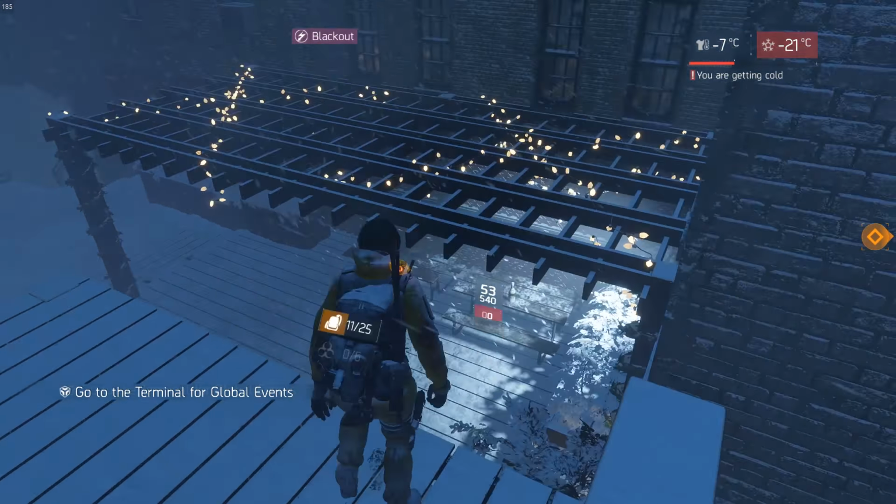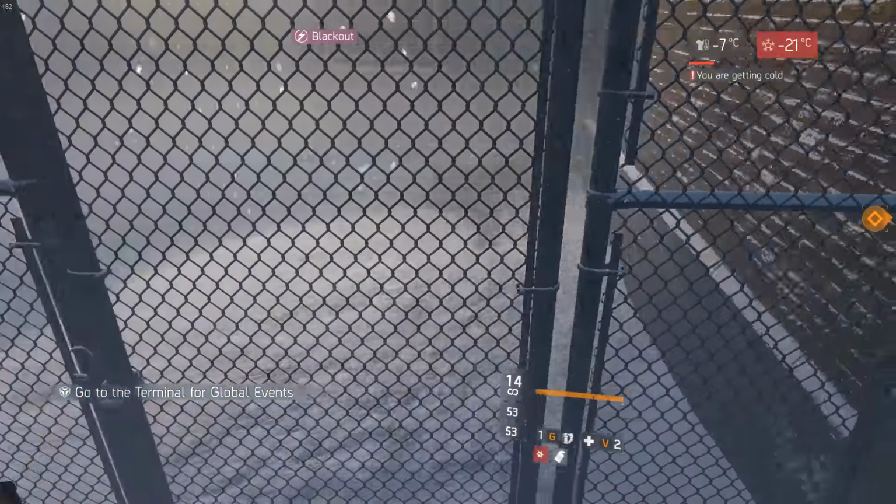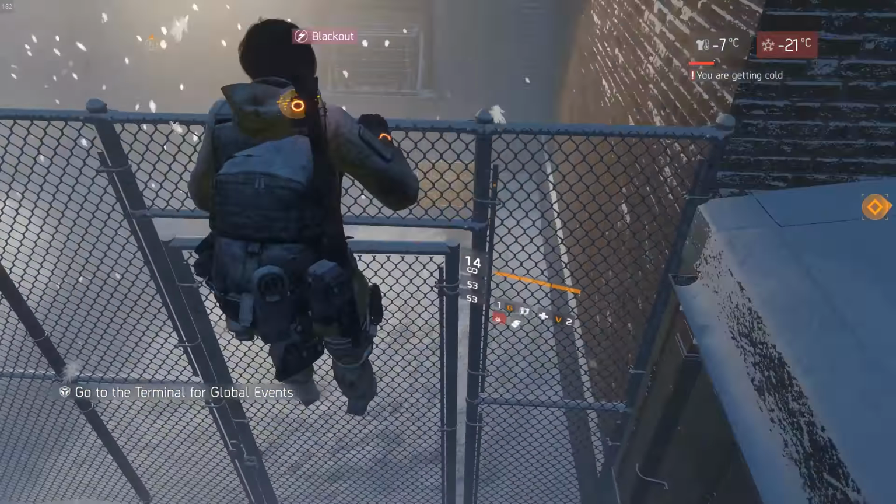There's one EMP thing that's there, shock one or whatever. There's another one right there. If you are running low on ammo, or a weapon rather, you can come here. Nice, so I got an M249. Hopefully it has a decent talent, but...